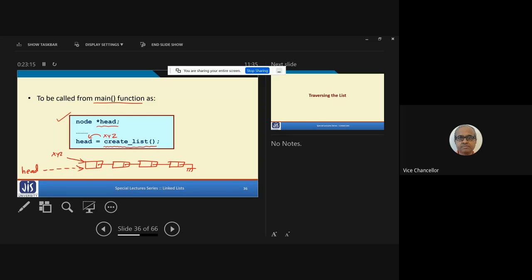One thing you remember here, if you look at this function createList, there is no parameter. It does not take any parameter, right? But it returns a value. The function has a return value. So can anyone tell me what will be the return value type?